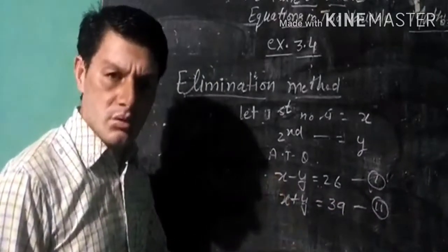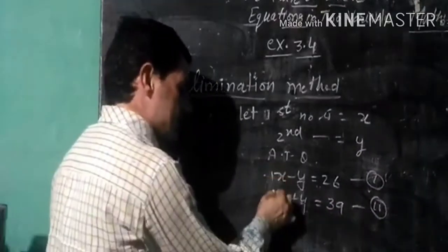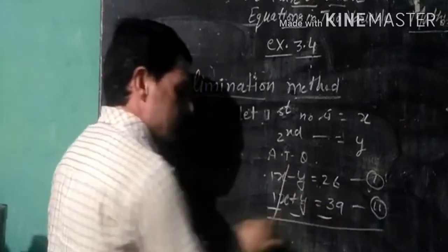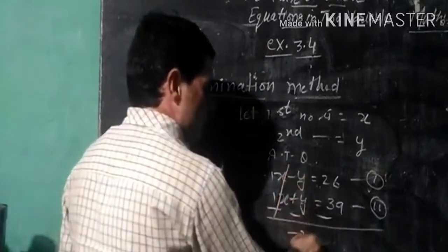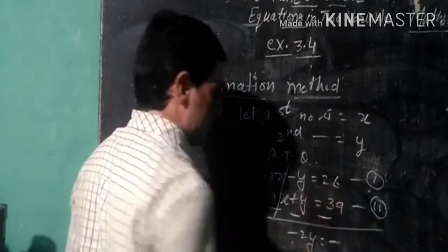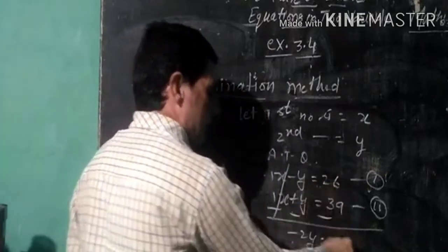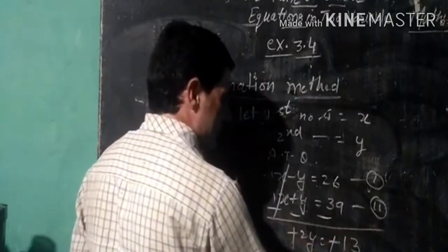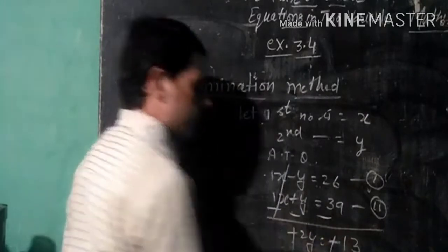We need to go up according to the condition. This is x, 1, 1. So what do we need to do? We need to subtract it. Minus minus, minus, this is cancelled. Minus 2y is equal to minus. This needs to be subtracted from that. It will become 13. Minus is cancelled by minus. This is 13 by 2.